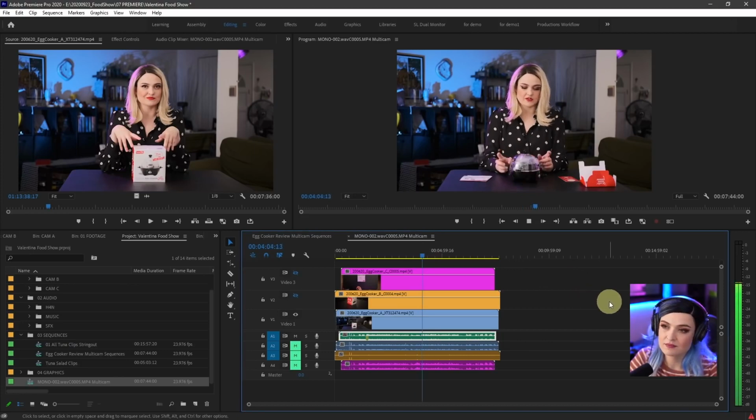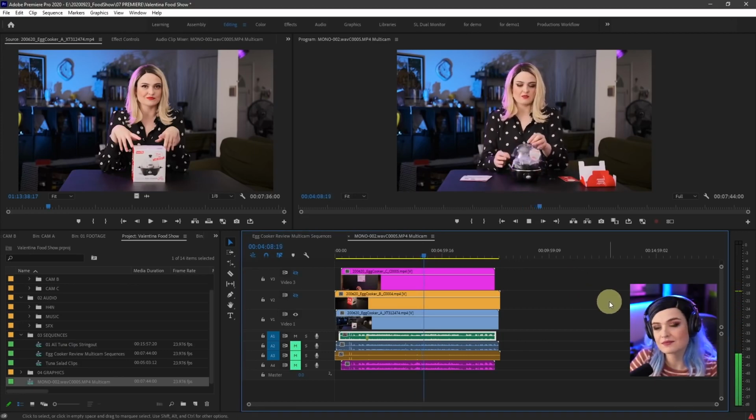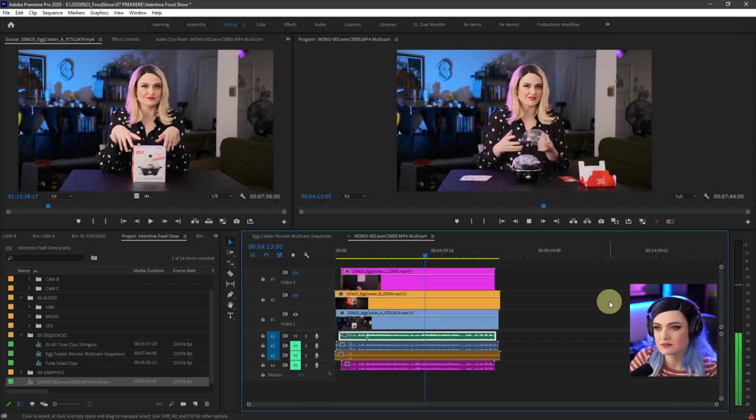Found kind of weird on the packaging, it said that it can cook up to 7 eggs, but since most eggs come in packs of,